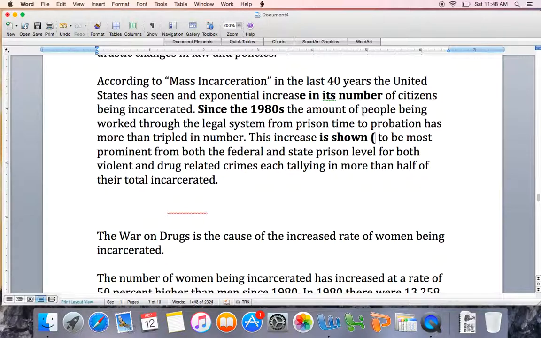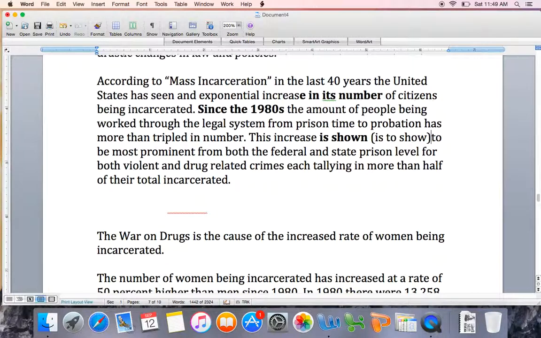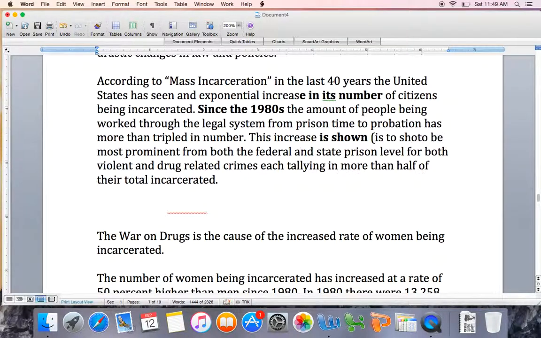This is just something: if you are using the helping verb "is" with show, then you need to use "shown" as the verb instead of "show." You would use "show" if it were "this increase is to show," right? That would be where you can just use "show," but here it has to be "shown"